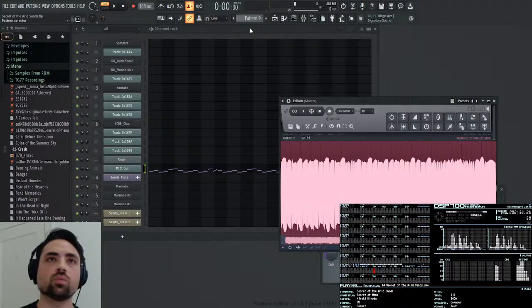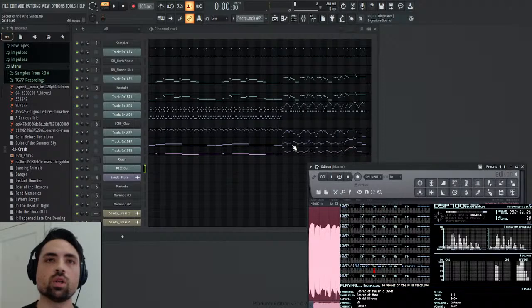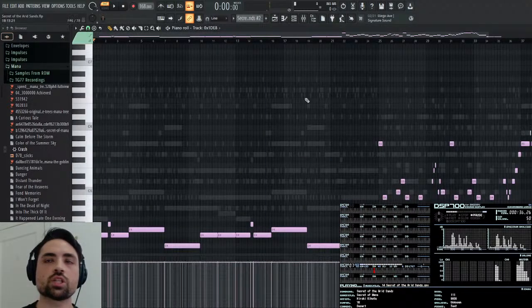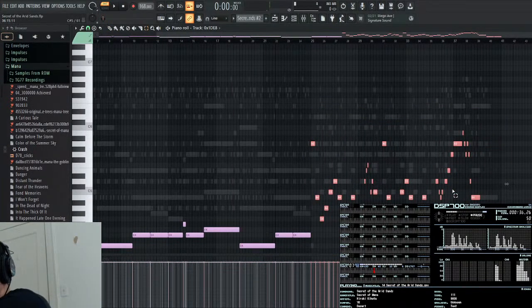And now we want to go and grab the other line. But I want to be careful to avoid those crash sounds, which there are 3. So hold Control and Shift, and deselect these notes.